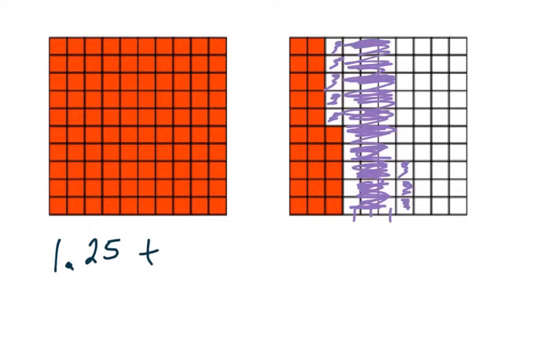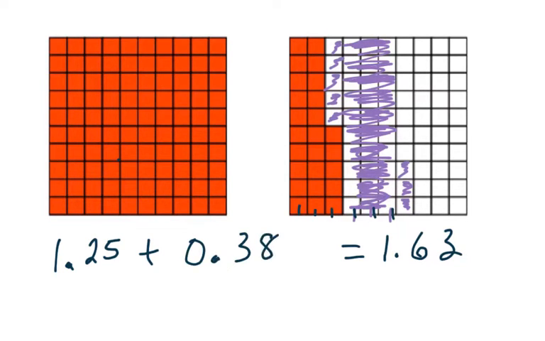Well, what do I have here all together? One whole and 10, 20, 30, 40, 50, 60, and 63 hundredths. So that's one whole and 63 hundredths. And what did I add to that? I added to that